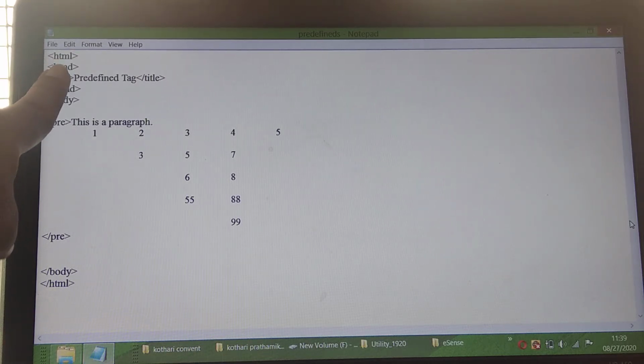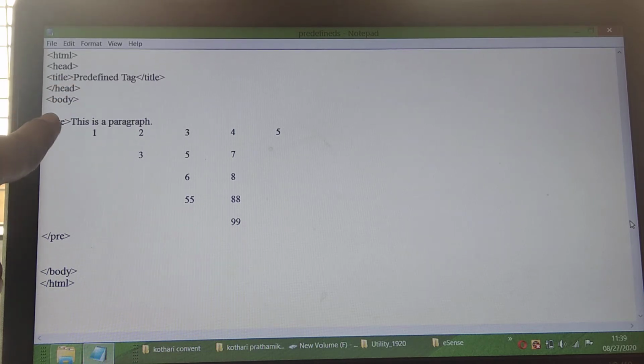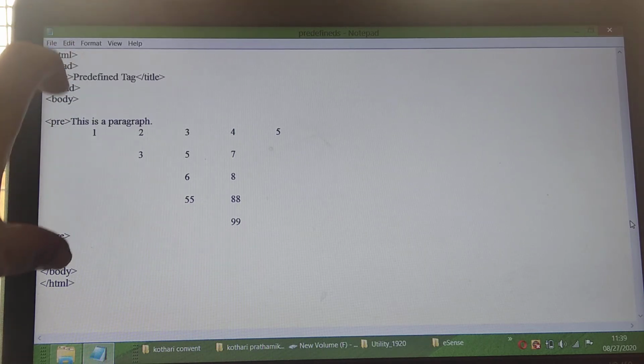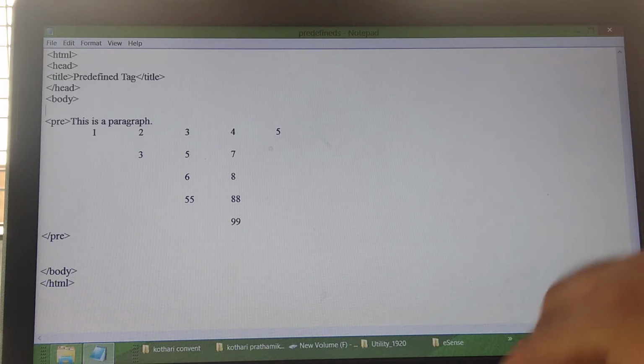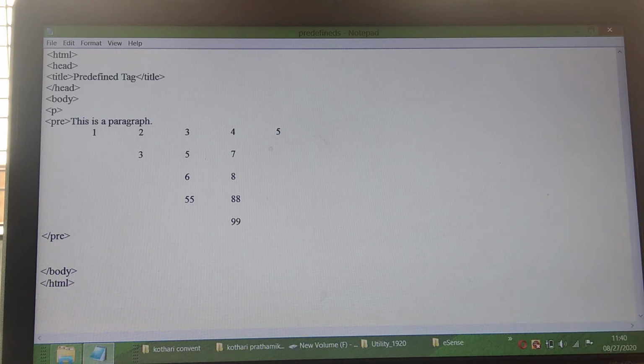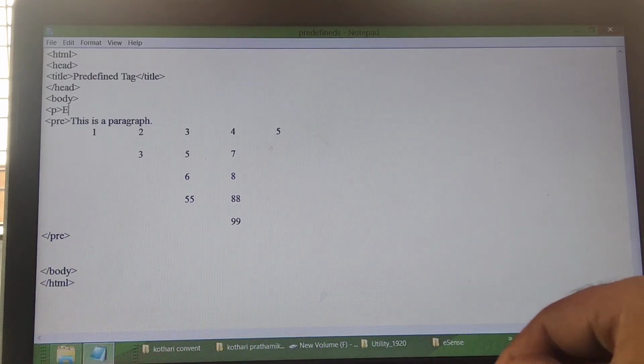HTML is our starting tag, head, title for giving the title, body tag to enclose the total area of the web page inside the body tag. So for today's video, I am creating a new paragraph with the explanation